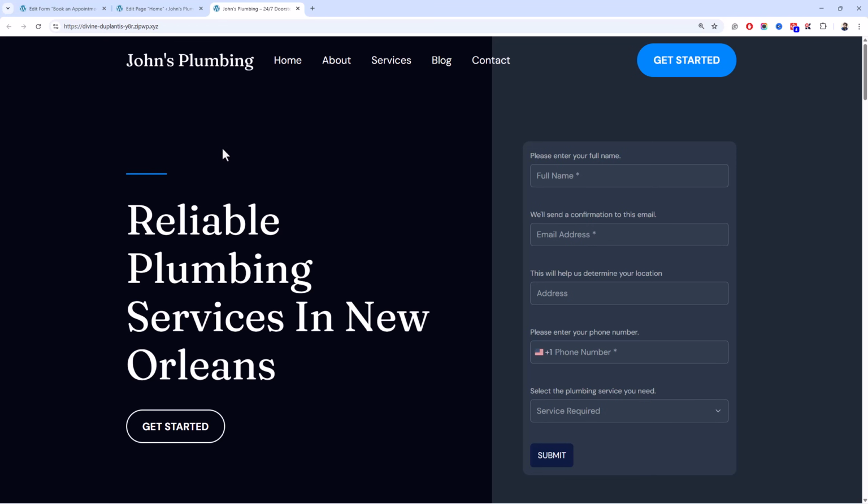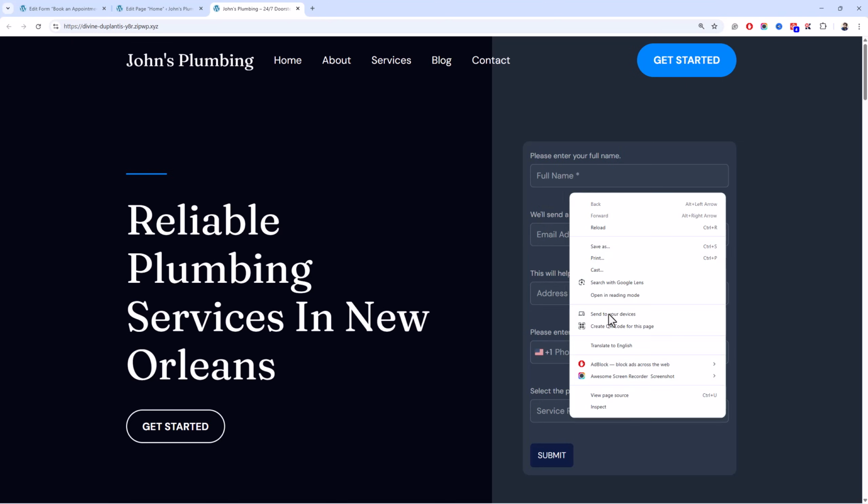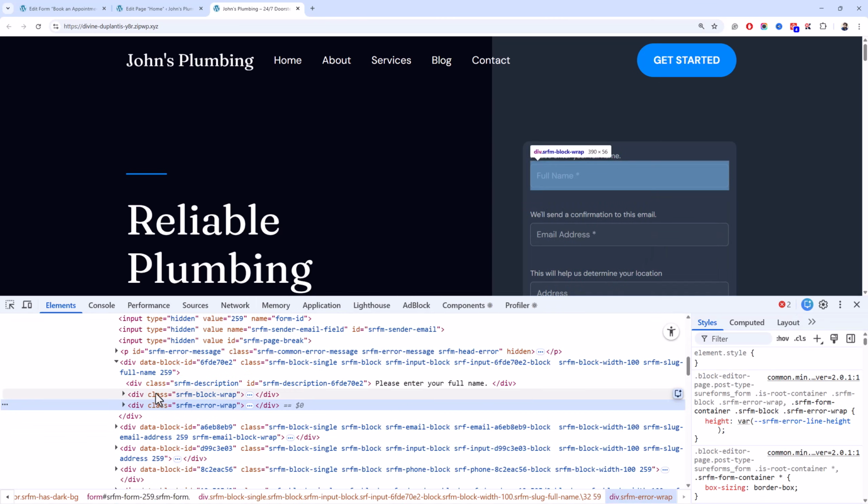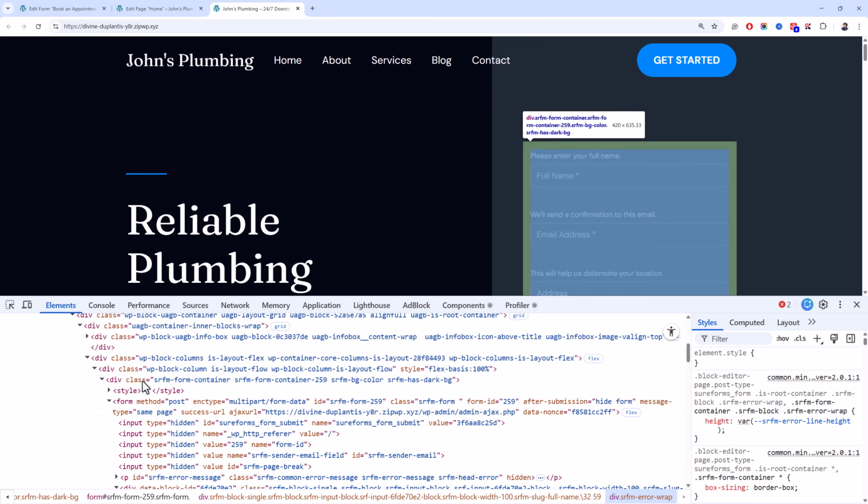Okay, there is one more thing remaining that I have noticed, that this form has some gap between the individual items or containers.